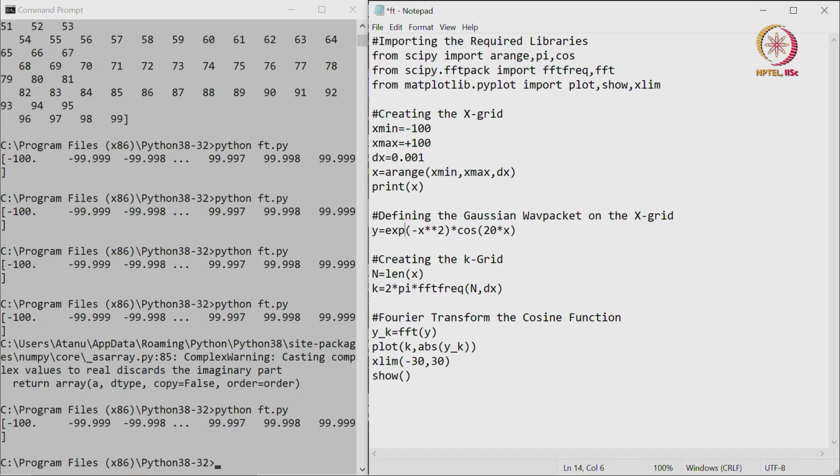Now, the exponential function is again not available with the built-in library in Python, so we have to import it again from SciPy. The k grid formation remains the same, it does not have any change. Then the Fourier transform of the function remains the same, and the plotting part remains the same. But before we plot that, we will try to plot